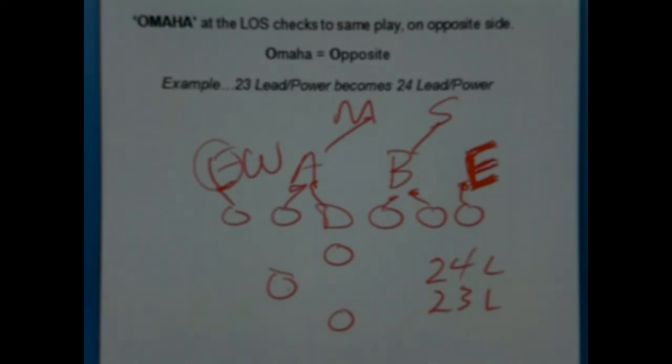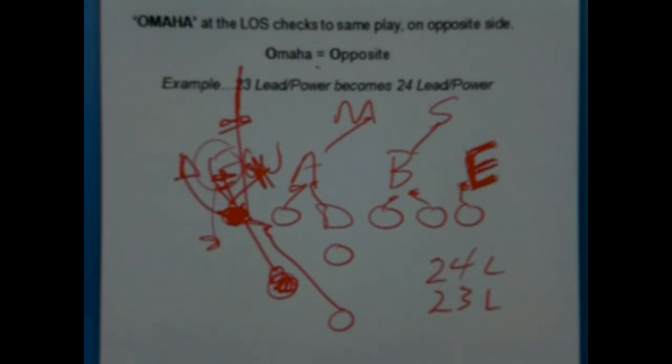The only two guys that change, I haven't changed anything else, are these guys, who change assignment. He comes down onto the B gap, he's on the end, and our tailback now reads that defensive end. If he's an up-the-field guy, we're going to hit up in here. If he's going to come down and squeeze, then we'll wind up putting a hump around it. All right? So that's using Omaha